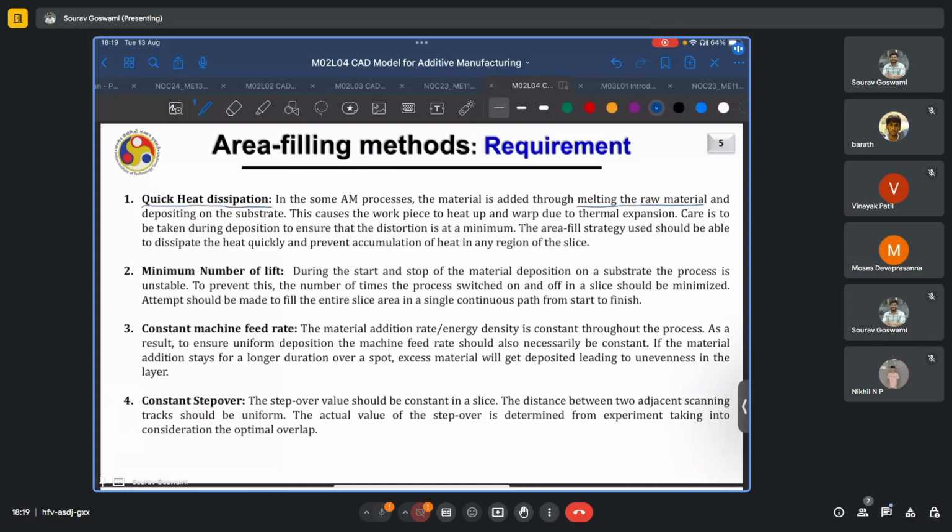Even in some powder bed fusion type processes, the material may be melted. In others, they may only be sintered and you deposit it on the substrate. Of course, the way this works is the feedstock material gets melted. Also, a part of the substrate is melted, and both these melted materials then solidify together based on their mutual solubility. They may even mix, and then they solidify to form the deposited bead in a process which is very similar to welding. Now, what this does is it causes the workpiece to heat up,